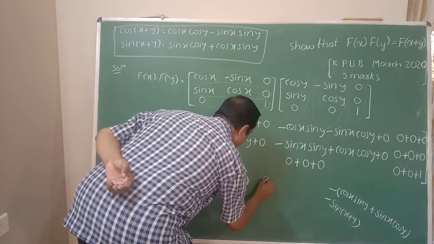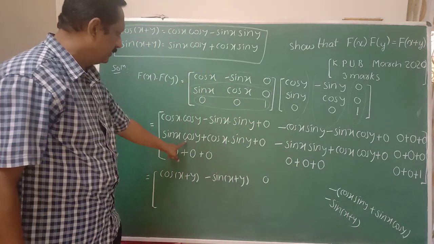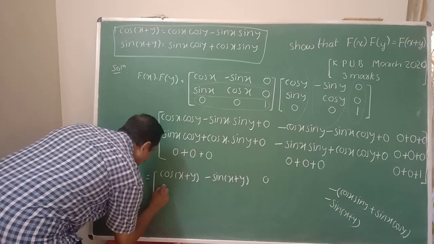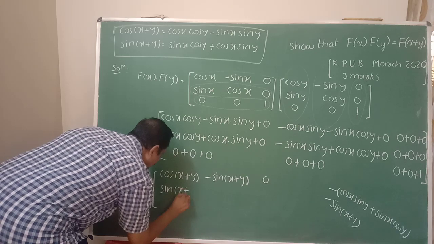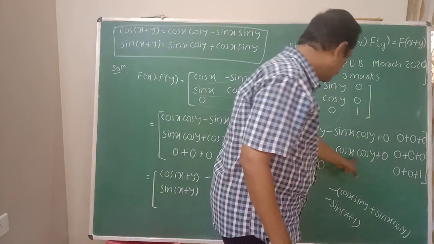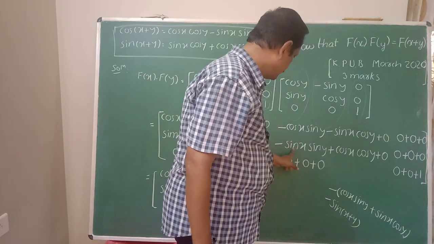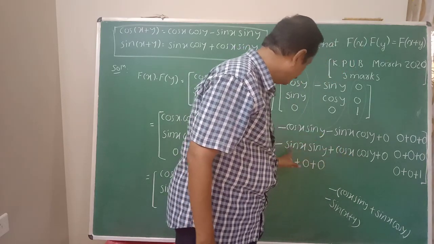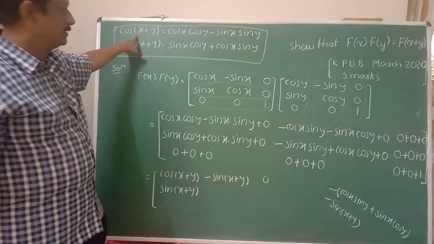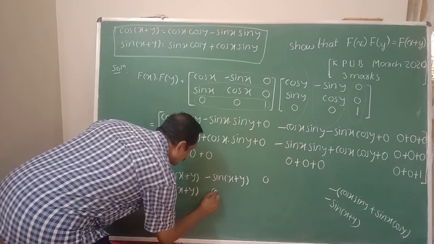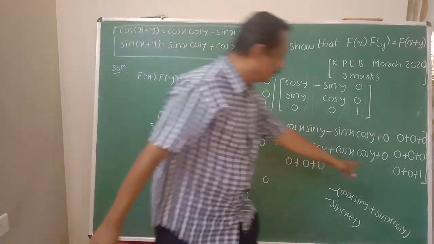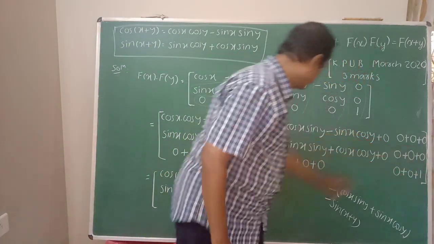So right here 0. Next here, sin x cos y plus cos x sin y, using this, is sin of (x+y). And here cos x cos y minus sin x sin y is what? Cos of (x+y). Hence it is cos of (x+y). And again this becomes a 0. Total this term is 0. So write here 0.